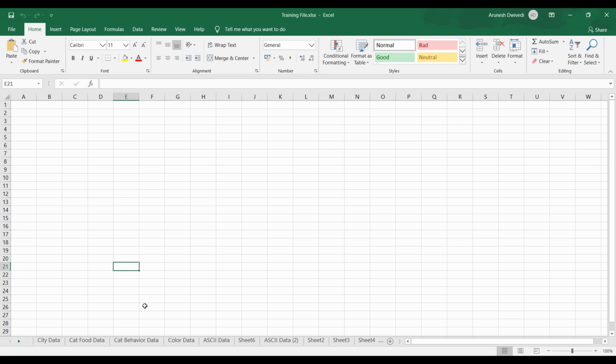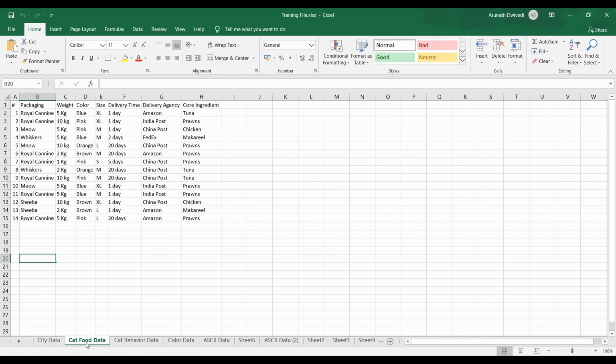In previous versions of Excel, there used to be another button right next to it, which used to take you directly to the last sheet, and similarly one button here which used to take you directly to the first sheet. But for Excel 2013 and later versions, they have simply removed that button. So the only way to do it is the way that I have shown right now.